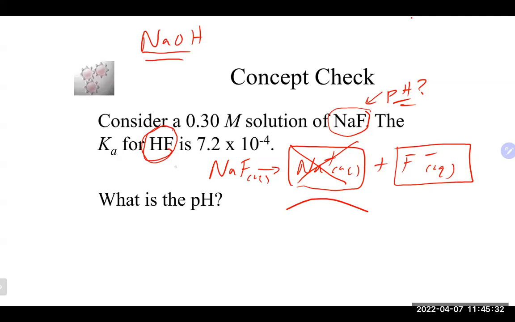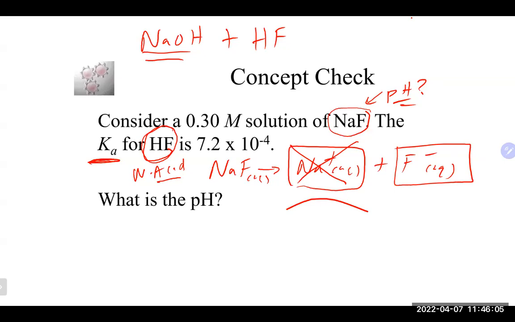The other thing that I see with my HF that's given to me in the problem is there's a Ka value for it. That tells me my HF is what type of acid? It is a weak acid, right? Because it's only weak acids that have Ka values associated with it. So sometimes the problem gives you a lot of really helpful information. Sometimes people just go right by all that stuff. So you can look at the problem here and actually get a lot of that information. So we actually know that this salt really came from this reaction here of sodium hydroxide and